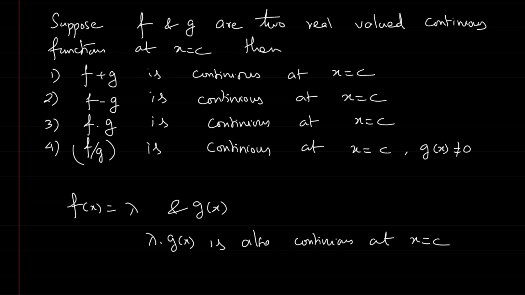So f of x is equal to lambda, a constant function, and g of x is another continuous function. Their product lambda into g of x is also continuous at x is equal to